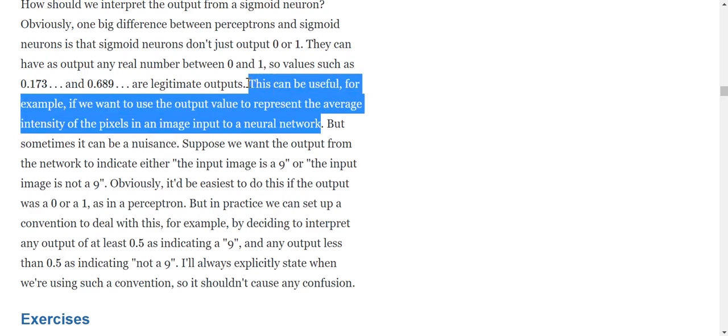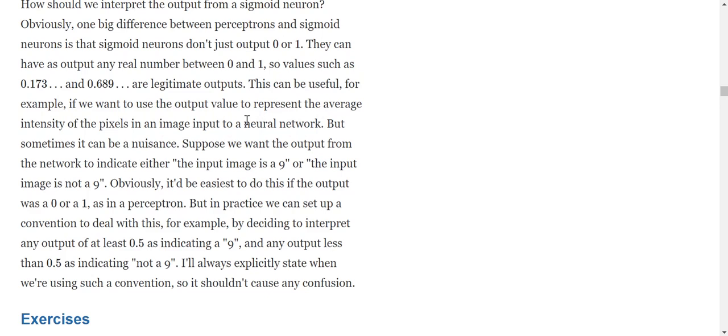So why does it make sense in this image case? Well, if you're familiar with the RGB concept, you might know that the scaling is done from 0 to 255, right? Or if you scale it down between 0 and 1, it wouldn't really make sense, if you're predicting images or generating images or something of that sort, to only give an output of 0 or 1, right? It will make much more sense if you give an output of 0.6 or 0.7 to give an intensity to that pixel rather than a pure white or a pure black or something of that sort.